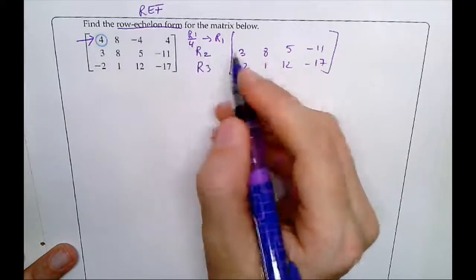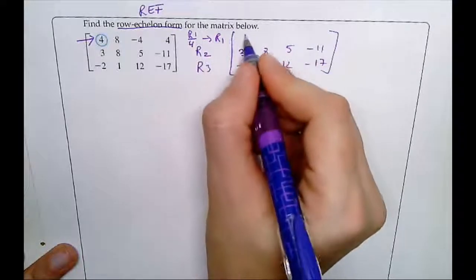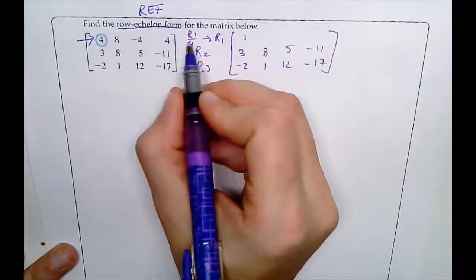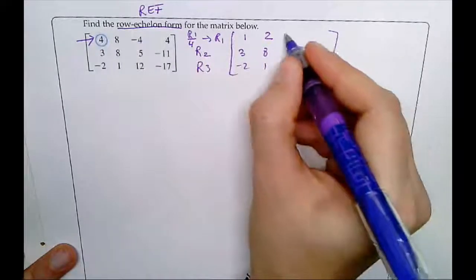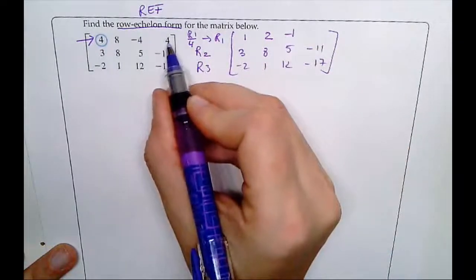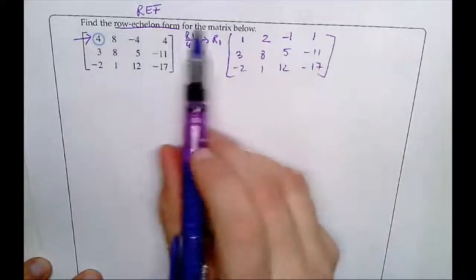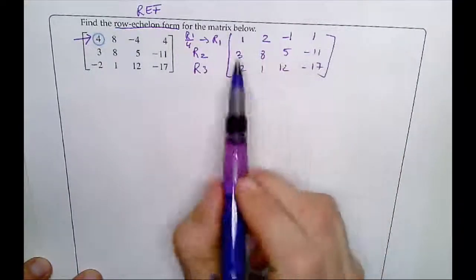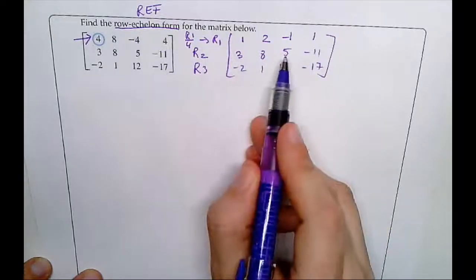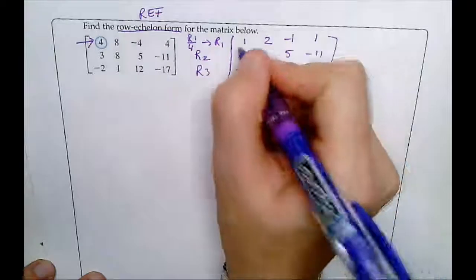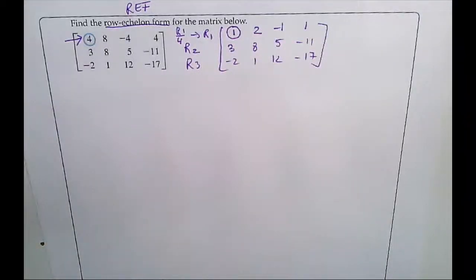I can do that. So then I'm going to have 4 divided by 4, that's 1. 8 divided by 4, that's 2. Negative 4 divided by 4, that's negative 1. And then 4 divided by 4, that's a 1. So the matrix is changed, but it's equivalent. Okay? So this is my leading entry. I have it a 1. Well, the next step is